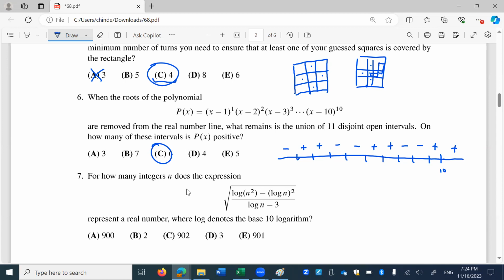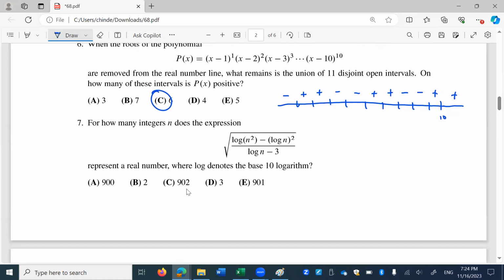For how many integers n does this expression represent a real number? We're talking about log base 10 here. So it's a real number as long as the thing inside the square root is non-negative. So we'll use some rules of logs here. So log of n squared is 2 log n, and then I can factor out log n. So what I need is for log n times 2 minus log n divided by log n minus 3 to